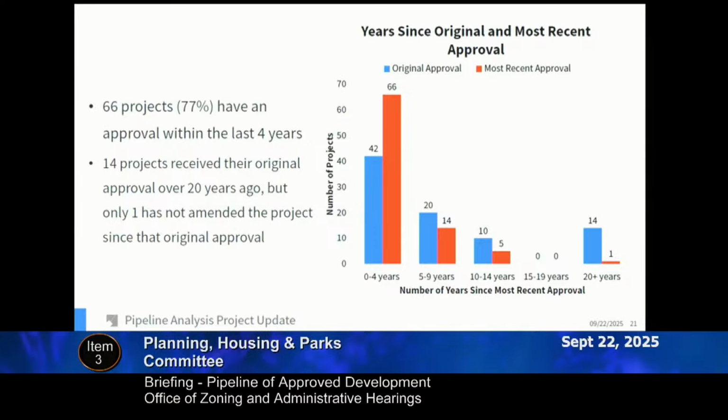You'll notice that there is nothing in the 15 to 19 bucket. That isn't a data error. It just means that all projects that were originally approved between that time frame either expired or were constructed. So the takeaway is that an old original approval doesn't necessarily mean a stale project. Many are kept current through amendments, but it's important to understand that recency of approval is not the same as construction readiness. The current pipeline is tracked based on preliminary plan, and as we saw in the earlier graphic, there are quite a few additional phases that need to happen before shovels are in the ground.